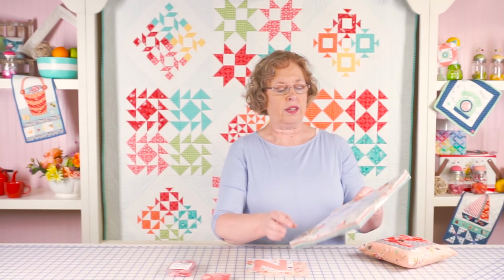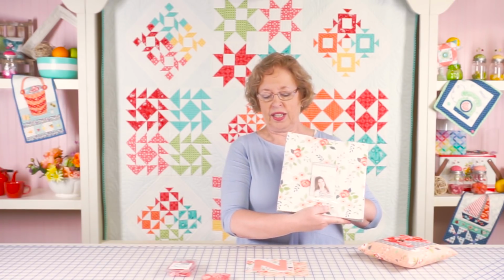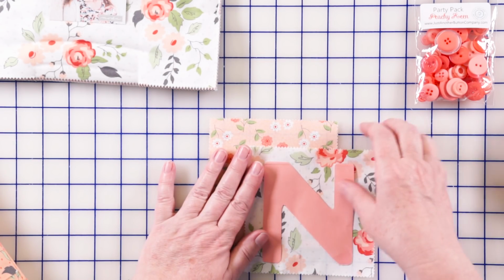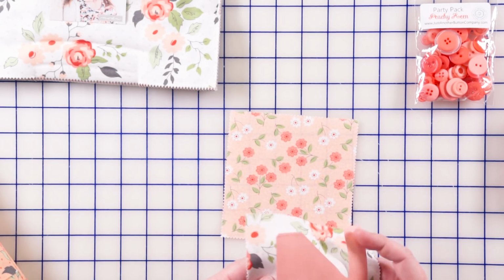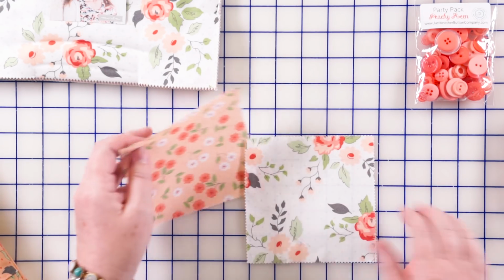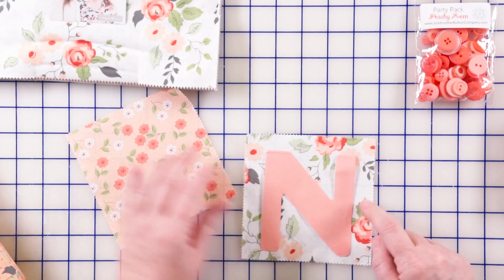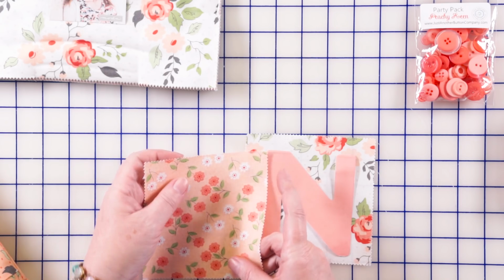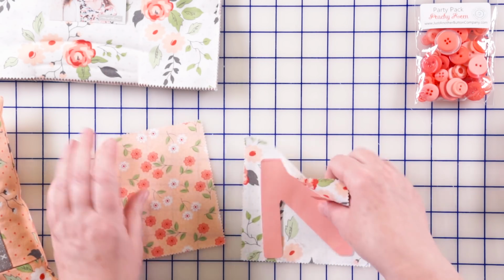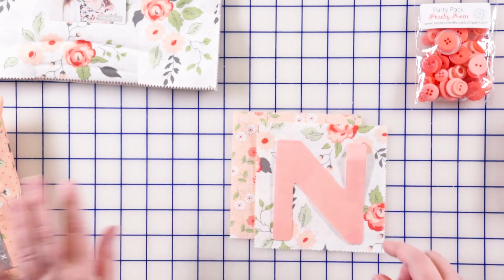The fabrics we're using are from Moda, designed by Lella Boutique. It's the Nest fabric line. So we picked out that we wanted to put our applique on top of this light colored fabric. If we cut a letter from a fabric, we want it to be a little bit of a contrast. We could use this one, but actually something a little bit more solid like this would be best. We're going to imitate the look of the more solid fabric